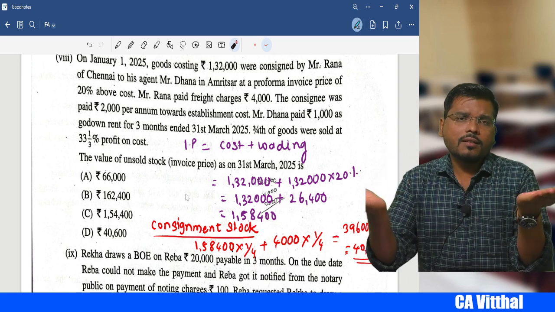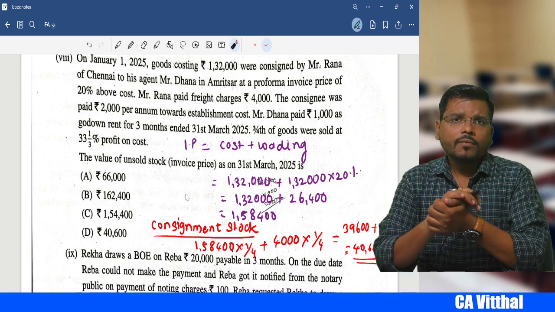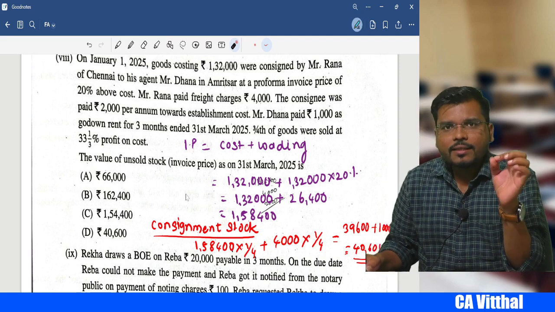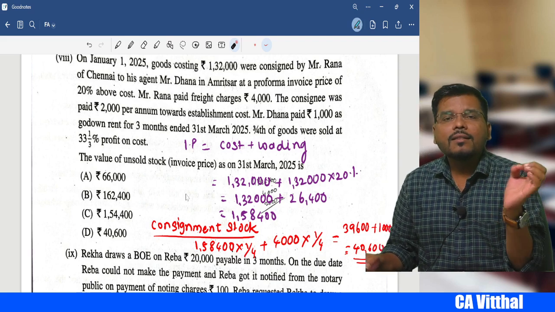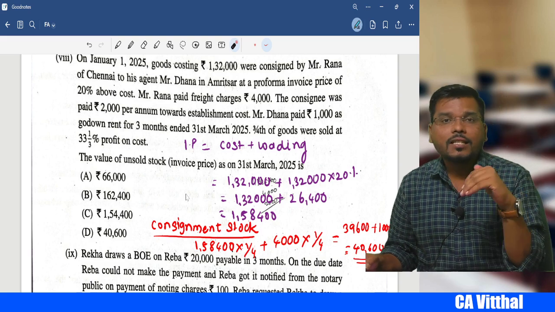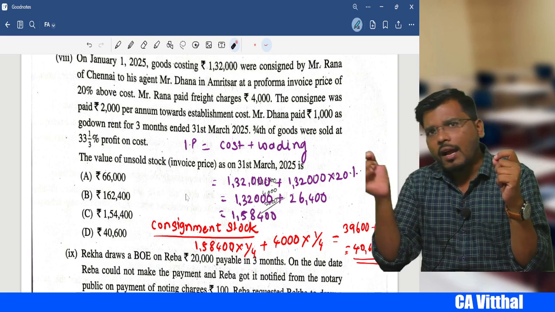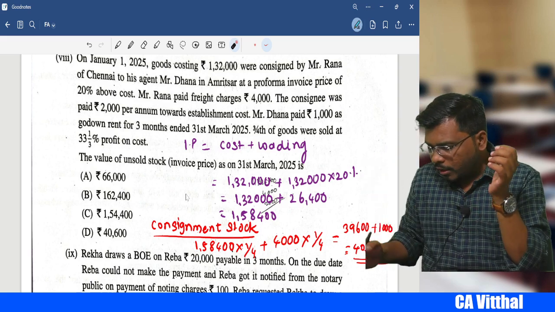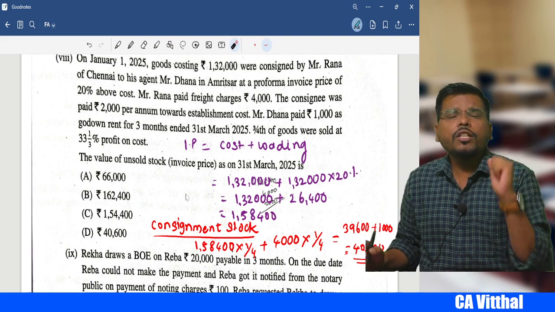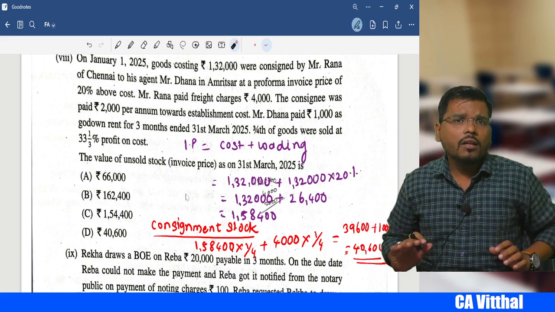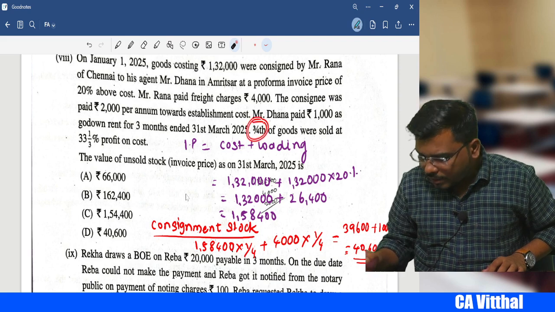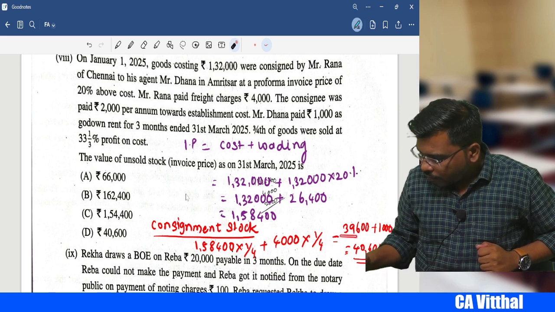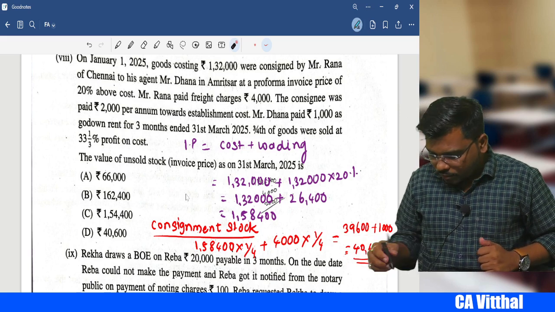If you are my regular students, at that time I might have taught you that whenever the consignor pays any expenses, that is a non-recurring expense, whereas a consignee's expense can be classified into recurring and non-recurring. So we have to take only the non-recurring expense of the consignee. So it is a total 4,000 expense you have incurred. So we need to take what, sir? Proportionate non-recurring expenses. So 4,000, out of that 3/4 we sold. So how much is the 1/4 we will take? That is the proportionate expenses. So we get the consignment stock 40,600.